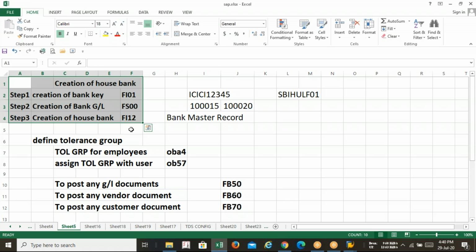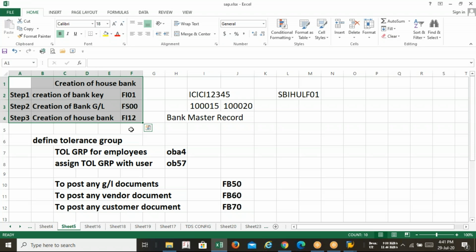If I consider ITC, ITC is one of the users of SAP. Bajaj also, one student from Chorongi Center told me that Bajaj is also doing SAP, recording all this in SAP. So for a company like Bajaj or ITC, what do you think, guys? Do they have only one bank account to make or receive payments, or multiple bank accounts? They have multiple locations in India, so every location has its own bank account. Yes or no?